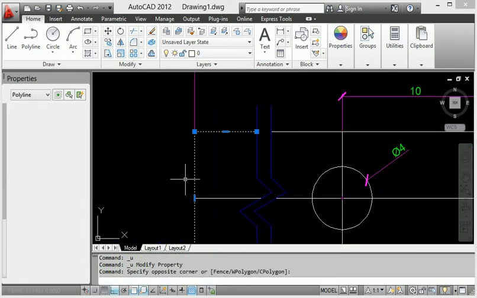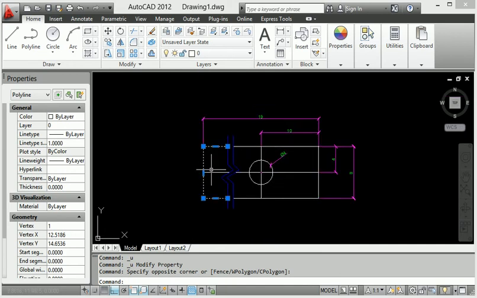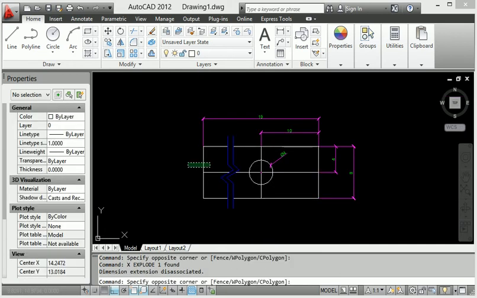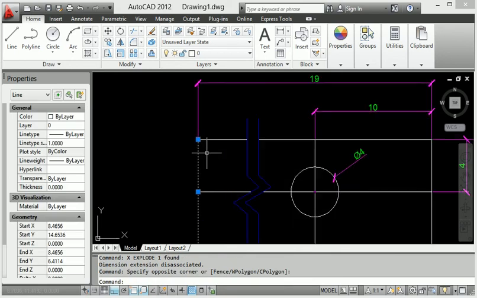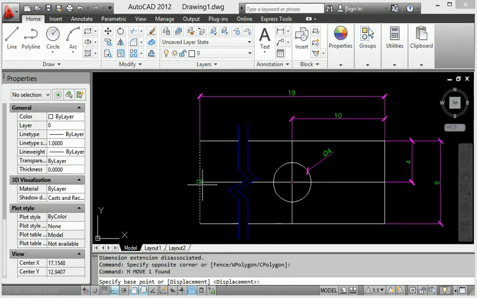To check, I move this diagram some distance, select, move, and enter 1 mm.